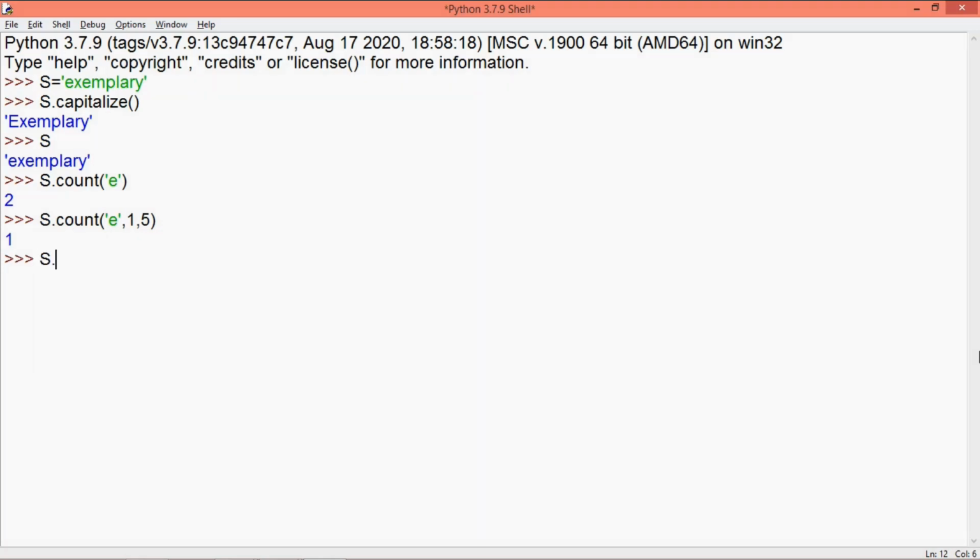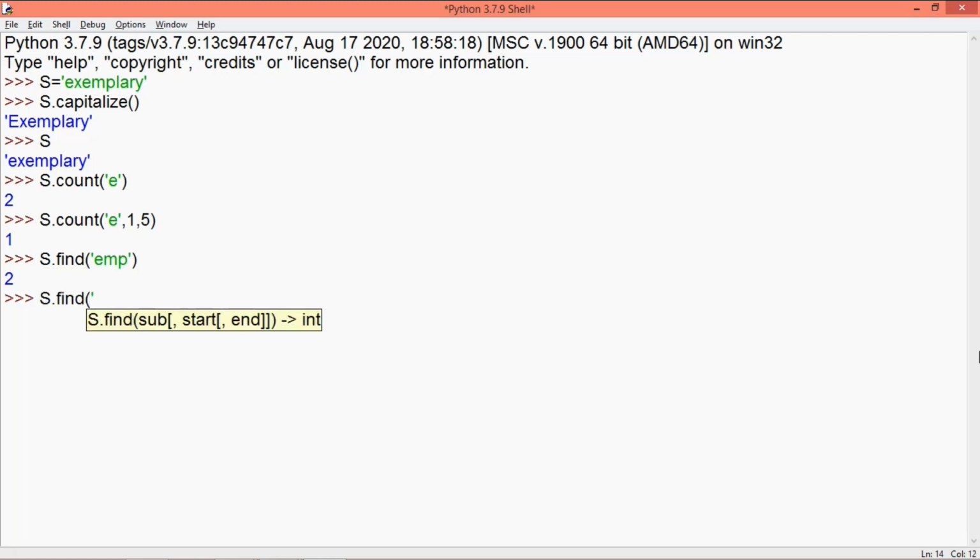Next we have find function. This function searches for a substring in the start and end range provided to this function. So if I write emp, this function returns the index from where this word was found in the string. So emp, this word was available in the string where letter E starts from index 2. So this function returns the starting index of the substring. You can also mention the start and the stop index. This will help you to look for a substring within that range only.